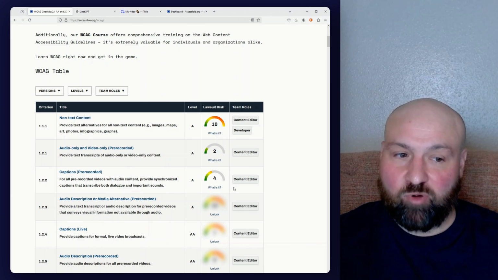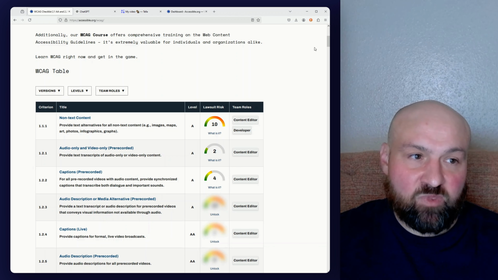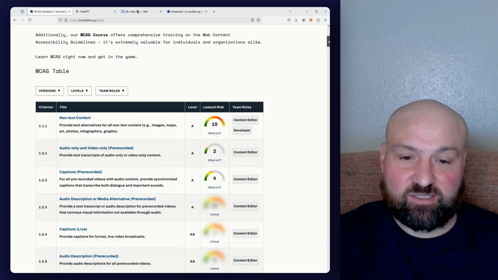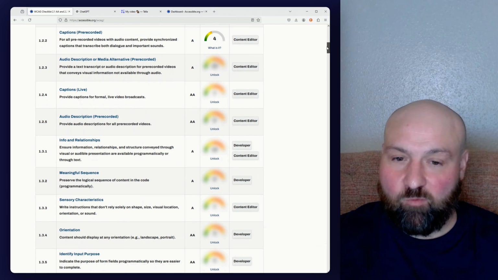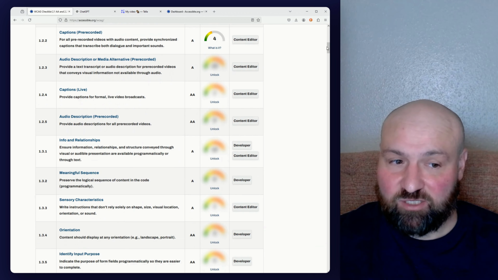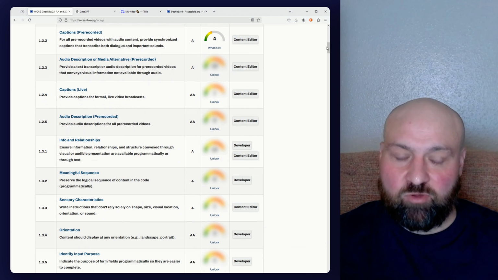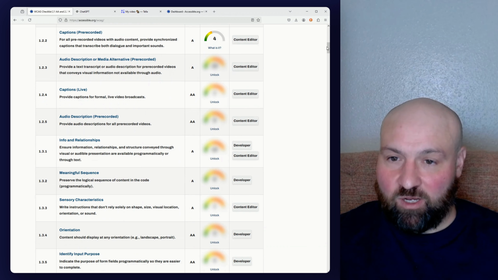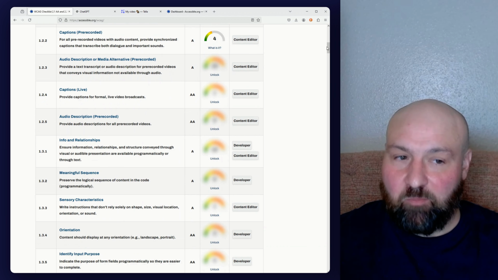But for 1.2.1, it's going to be specifically for a content editor. And then the first few success criteria are all content editor, and then we get into developer for 1.3.1, but it could also potentially involve the content editor. But the point here is that now you know which roles on your team will be involved or should be associated with the given success criteria. So you can delegate based on this